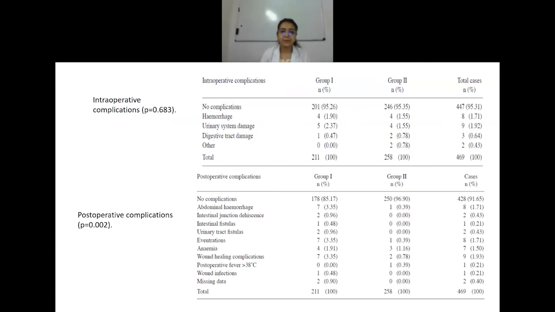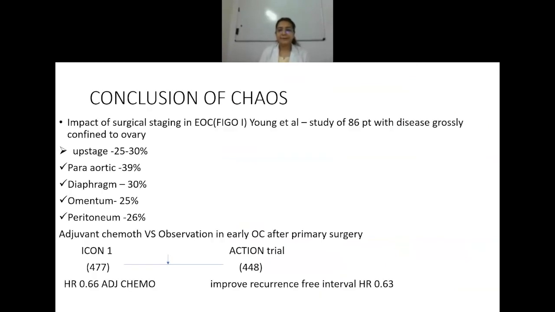The intraoperative complications showed no significant difference, with a p-value of 0.683, and the various complications were hemorrhage, urinary system damage, and digestive tract damage. Postoperative complications were statistically more significant, of which lymphedema and lymphocyst formation were the most significant. Conclusion. Now we conclude the study with these